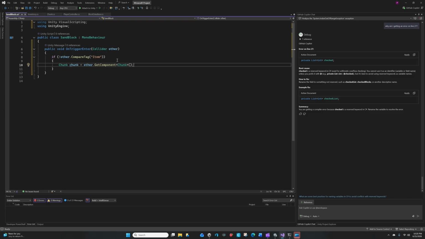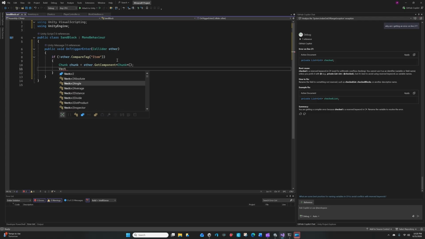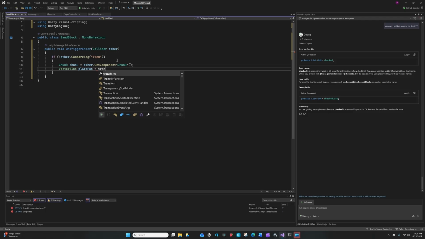And we're going to say their position. So place position. Now it's going to be a vector3 int and place pos equals that's the chunk's position. Oh, it's going to be its position equals transform dot position